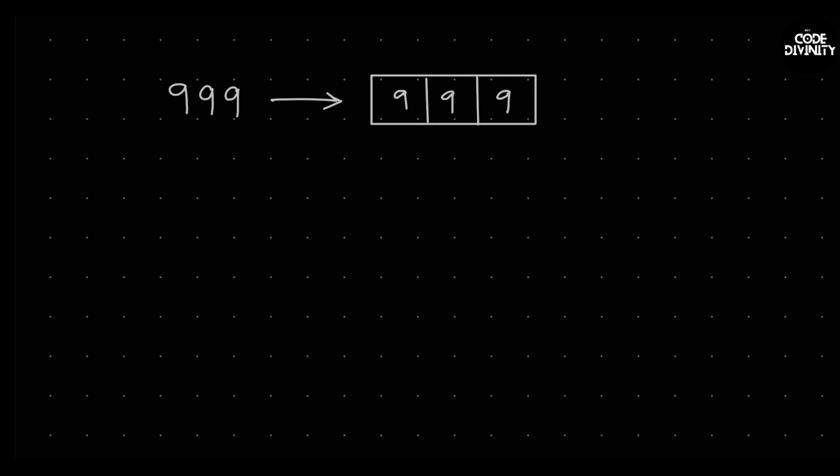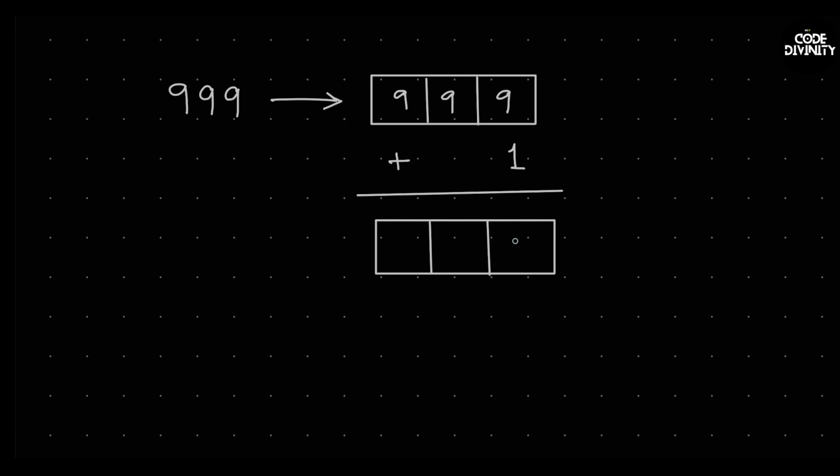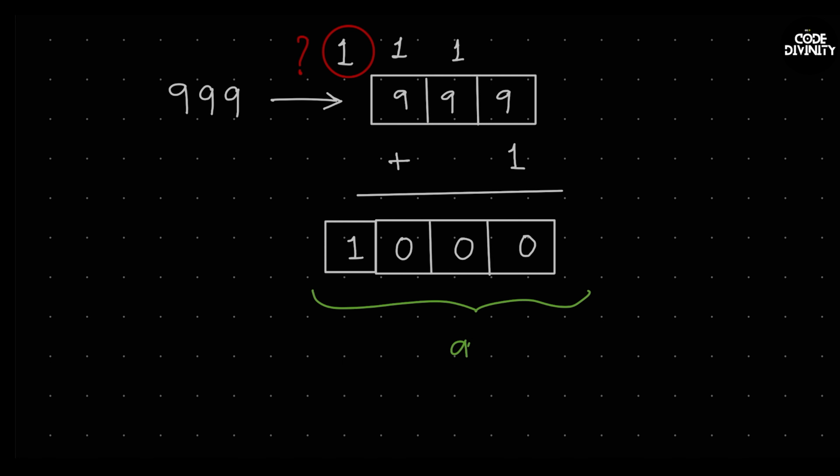Let's check it out. Let's take an example 999. This will be given as an array, now we will add 1 to this input. 9 plus 1 will become 10, so we will put 0. Then our carry is 1, so 9 plus 1 will become 10 again. Then again carry is 1, so 9 plus 1 will become 10. Now there is one additional carry. So where can we put this carry? Because our array is completely filled. So this is our edge case. And in such cases, we will extend our array and put this carry here in order to obtain our answer.